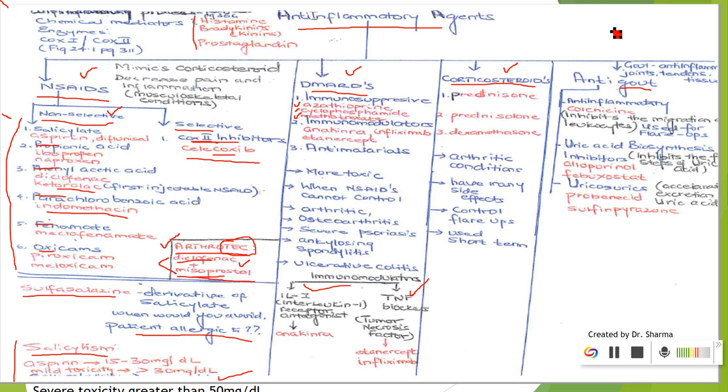So these are the three drug classes under the anti-gout. One, inhibit the migration of leukocytes, which is colchicine. Then allopurinol, which falls under the uric acid biosynthesis inhibitors. And then you have probenecid, which belongs to the drug class uricosuric. Okay, so